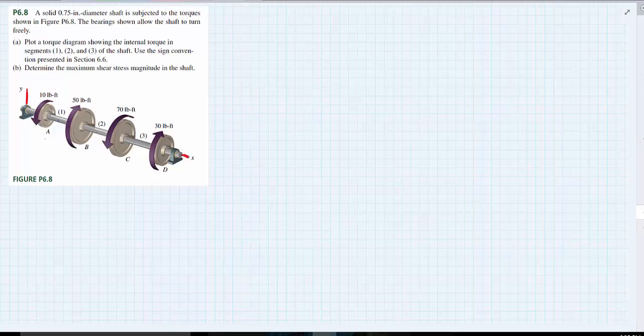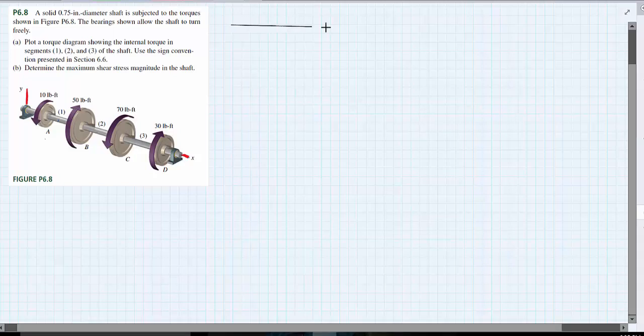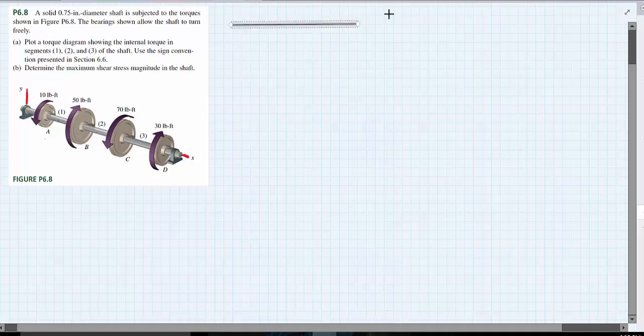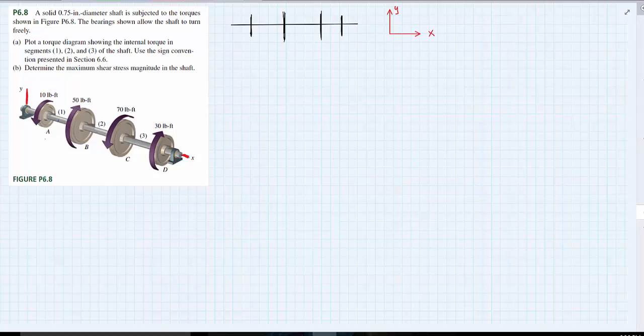And if I go ahead and draw our diagram here with our x and y like this, then we can just say we have A here, B here, C here, and D about here. So when it says that the bearings shown allow the shaft to turn freely, these are